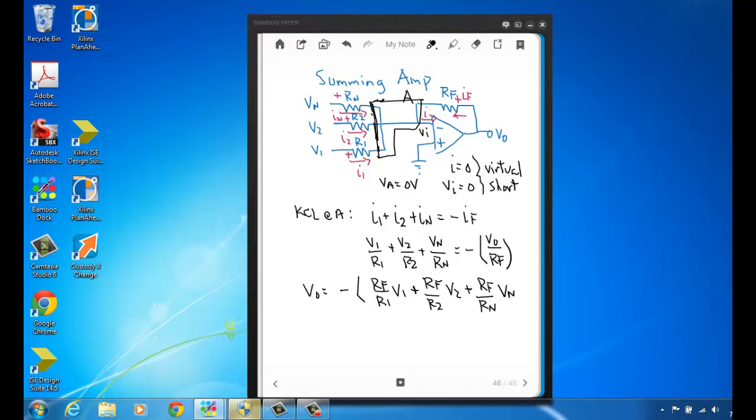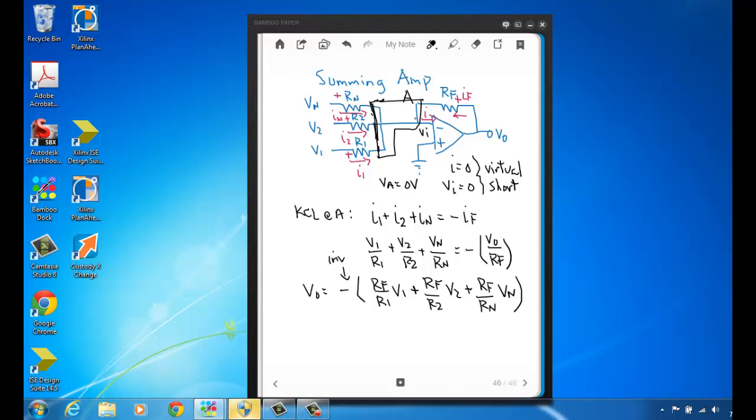Alright, so you see what you end up with is that V out is the weighted sum of inputs. Each input is weighted by the feedback resistor divided by the resistance at that input. And then there's a minus sign out front, which again indicates inversion. In fact, the reason why this input where we put the minus sign is called the inverting input is because anytime you have an op amp where the non-inverting input is grounded, V out will be 180 degrees out of phase